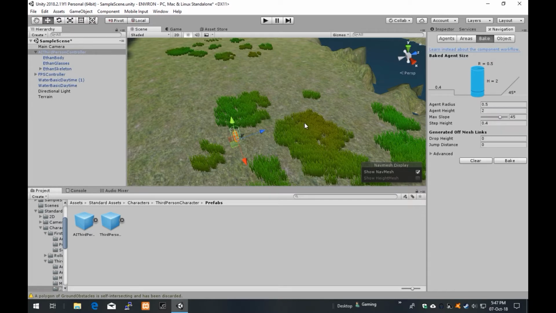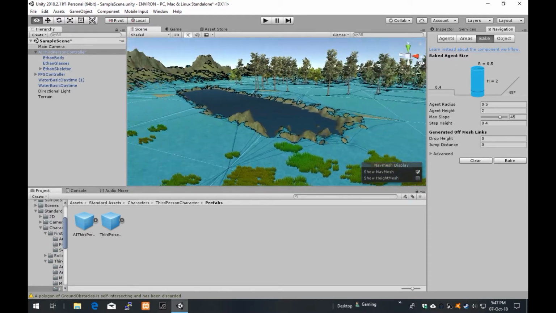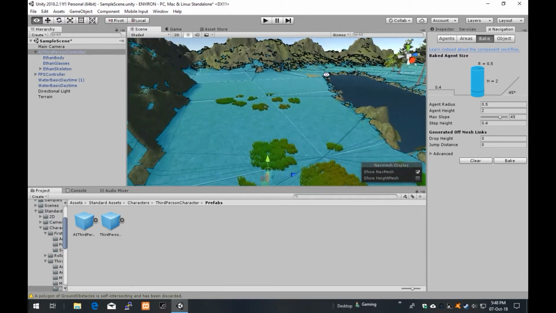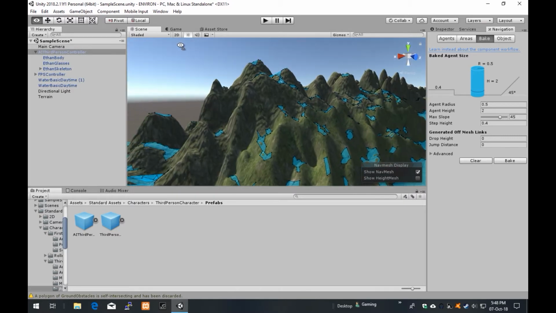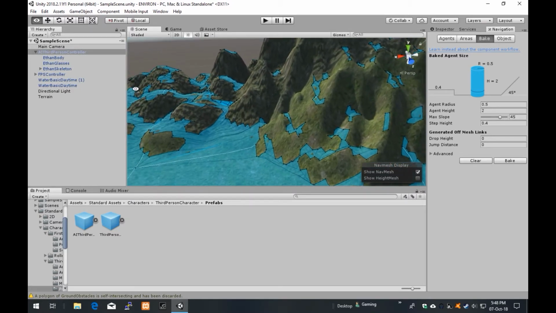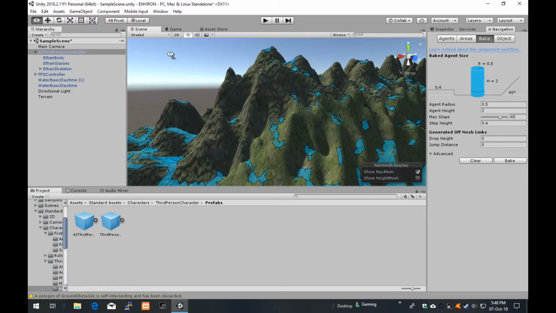And what we want to do is, because it's included with this character, we want to bake it. And if I click bake, just give it a minute, it will create a nav mesh. There we are. Now this nav mesh shows you, look at that, all the blue is what this character can actually access. Now you notice when I created my terrain, I thought I made it impassable, but if you look,